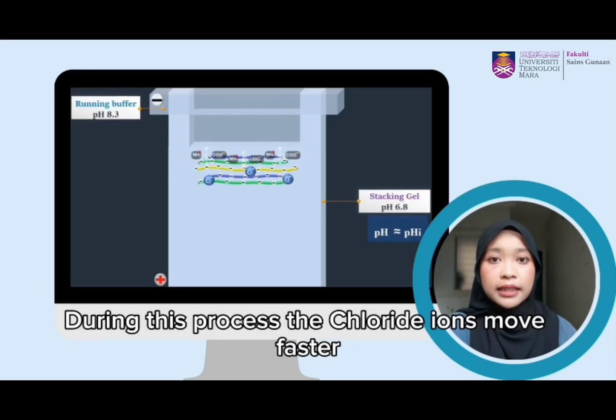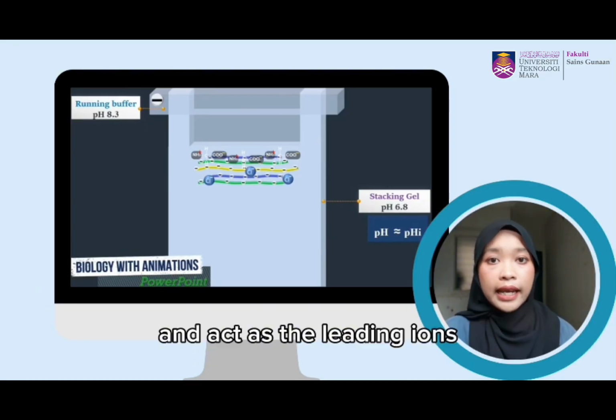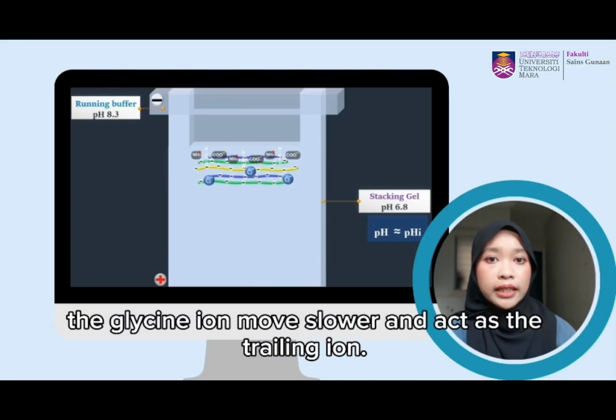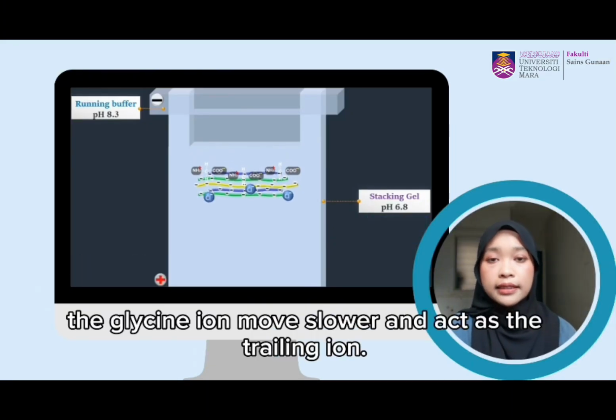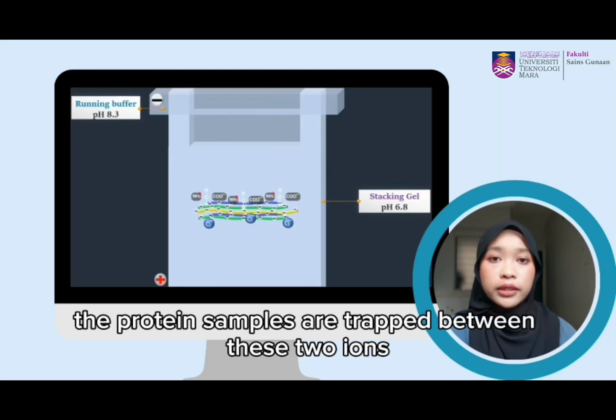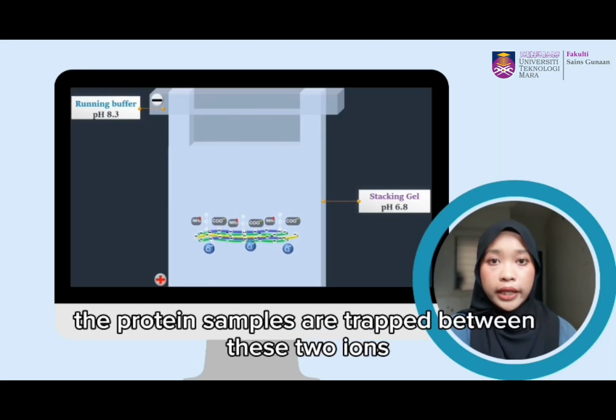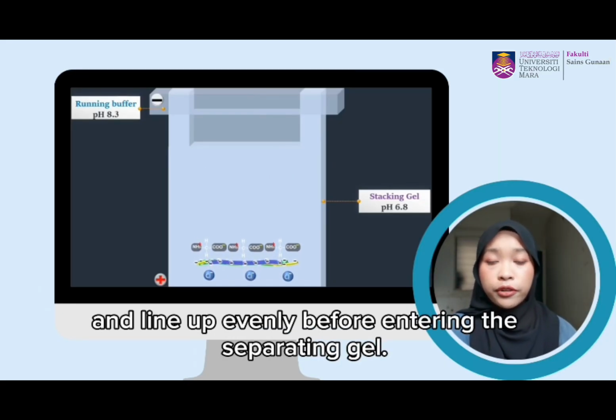During this process, the chloride ions move faster and act as the leading ions, meanwhile the glycine ions move slower and act as the trailing ions. As a result, the protein samples are trapped between these two ions and line up evenly before entering the separating